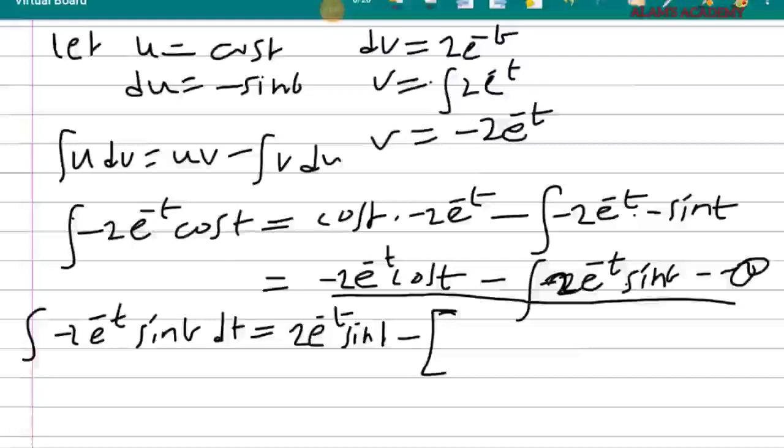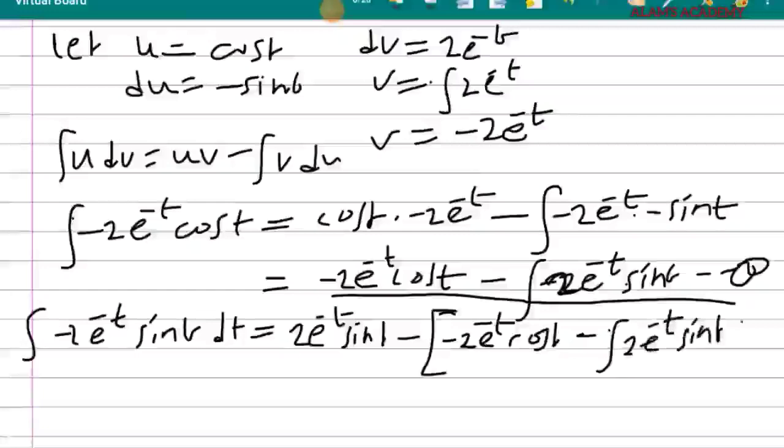That's what we have found. So therefore we substitute it inside here. So I write it as negative 2e^t cos t minus the integral of 2e^(-t)